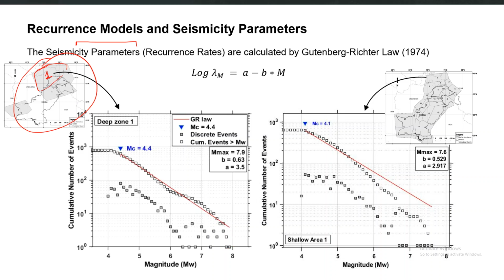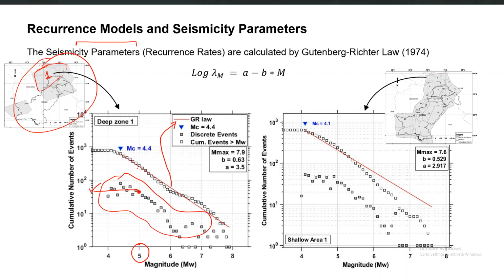The straight line, which is the red color, is the Gutenberg-Richter law, and the dots are the cumulative events having a magnitude greater than a particular number. So these dots are the actual discrete events. For example, if you just count them, you see the number of earthquakes having a magnitude 5, that is this one. So you can check the number of events having a magnitude equal to 5. But for the cumulative number of events, you have this line, and that line is almost following the Gutenberg-Richter relationship.